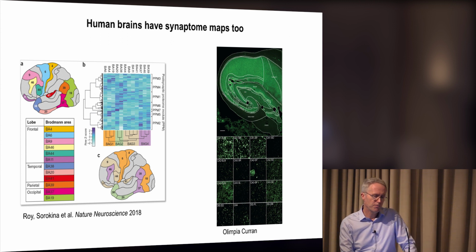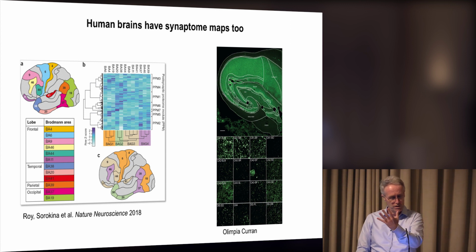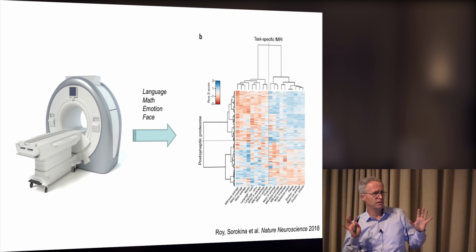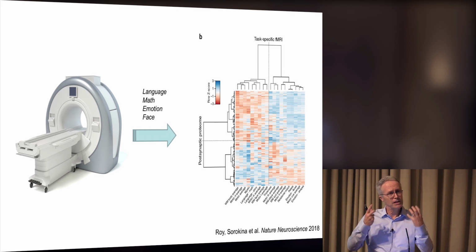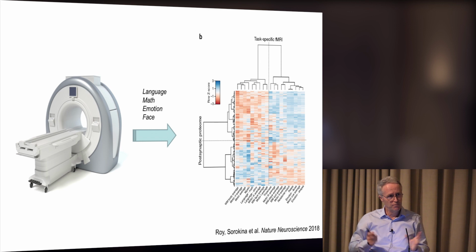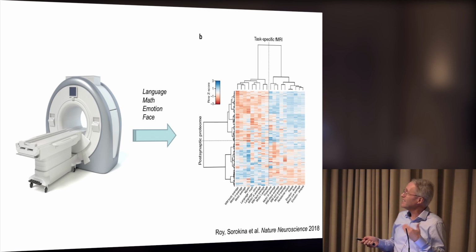Now, why might these maps be interesting with respect to human neocortical function? Well, I've just explained for you how the mouse, when it senses different experiences or different inputs, will use these maps in a differential fashion. And we, of course, are interested to ask the question, could that have anything to do with what one sees in brain imaging, functional magnetic resonance imaging, for example? Is there any relationship between the synapse composition in those different parts of the brain and the responses that are seen in tasks? And if one takes functional MRI data from the Human Connectome Project, where there are many different tasks that generate functional responses in the brain, such as language tasks, math, emotion, face recognition, and so on,